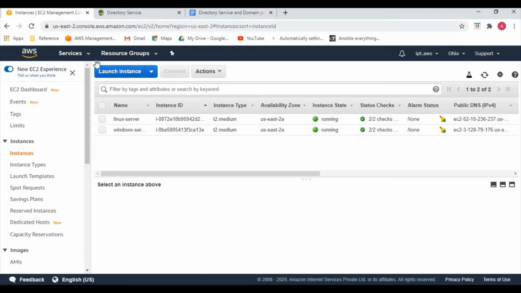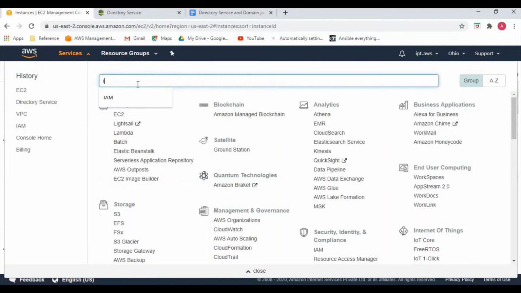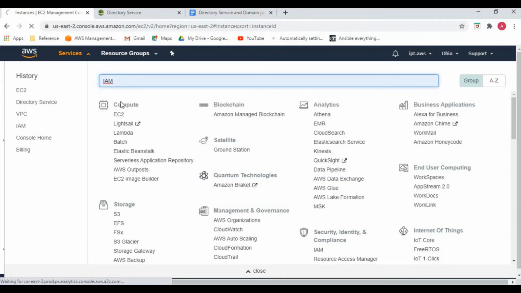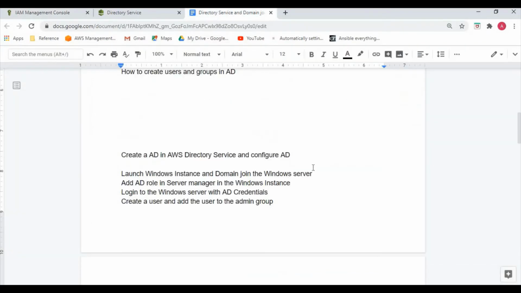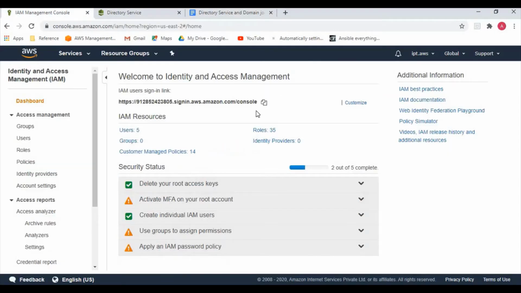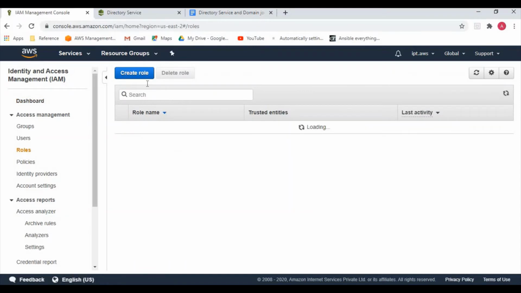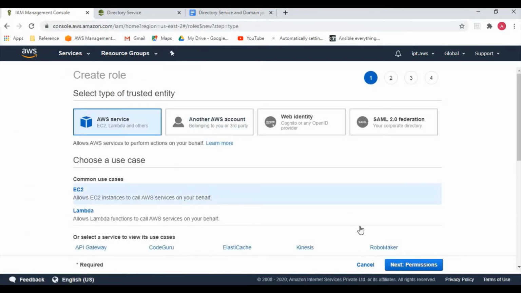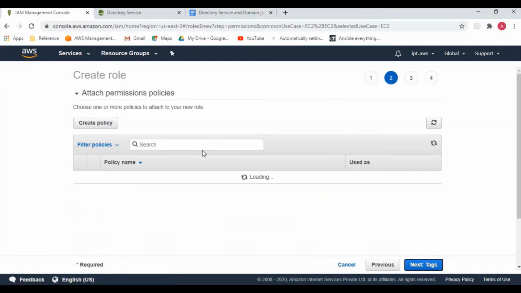So for that, first we need to create an IAM role. Okay, so let's go ahead and create the IAM role. Okay, so in the role, there are two policies that you need to attach in order to do the domain join for the Windows server.